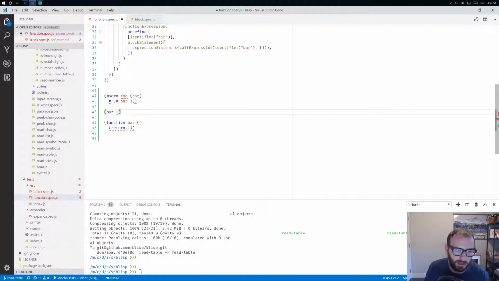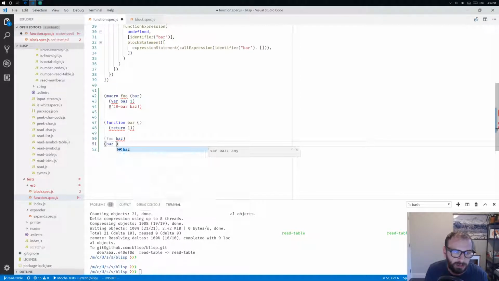If we call foo, we're going to add var baz, and we'll set that to 1. There we go. Basically, if we were then to call our macro foo with our function baz, we would expect this to expand to